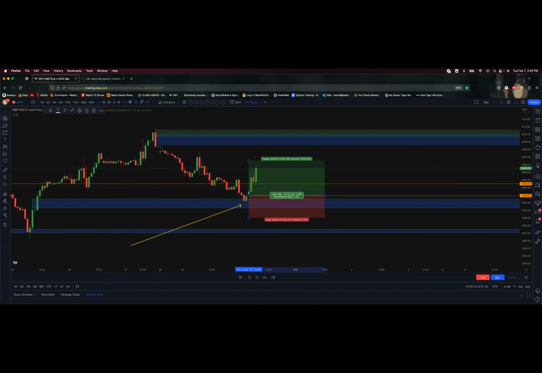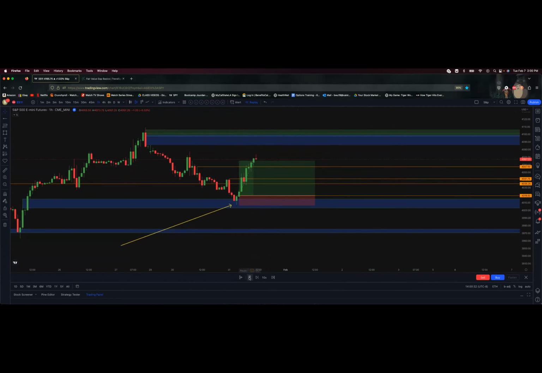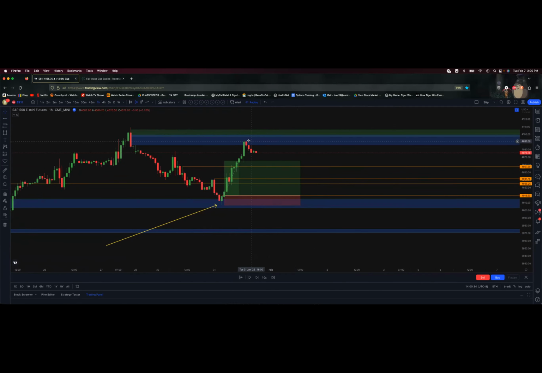Usually the targets you want to do on fair value gaps is you want to take out the highs, right, and break the structure, right? So previous pivots are the highs you want to take out, right? Fair value gap right here gives you a clear exit below this candle, right? And this would have been a very nice trade that takes you back to this other 5 minute fair value